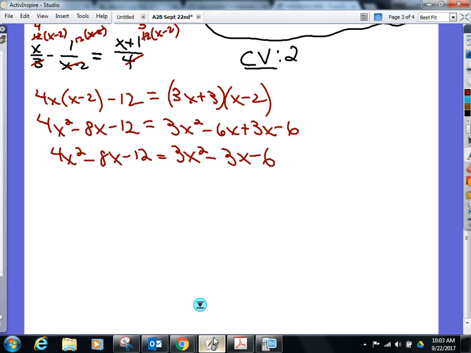Make one side 0. Because I don't like negative x squareds, I'm going to take all this and move it to the left. Okay, x squared minus. Yep, move the 3x over, perfect. And then when I move the 6 over,